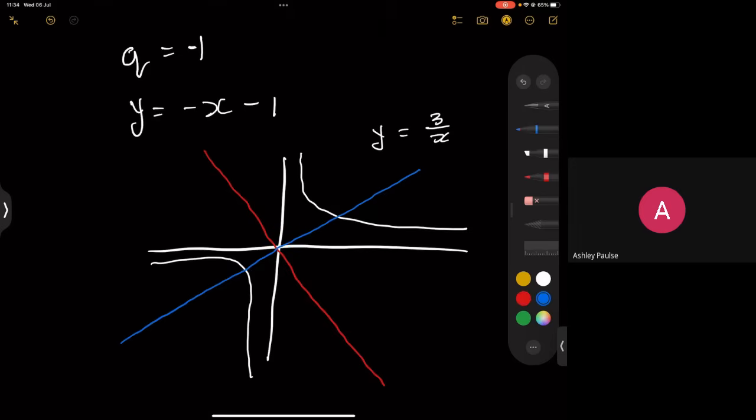All right, those are your two axes of symmetry. So this would be y is equal to x, and the reason why it's y is equal to x is because it passes through the point 0 and 0. Okay, so your y-intercept is 0, right? So the other one, the red one, would be y is equal to